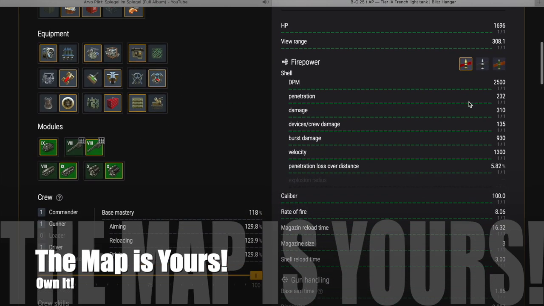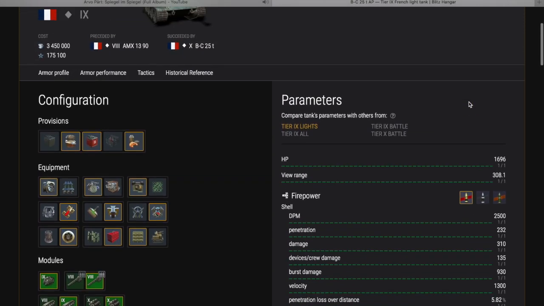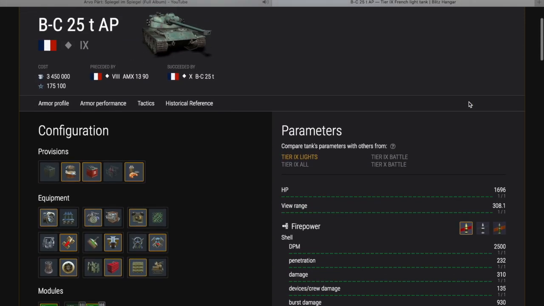You can move around the map with impunity, ambush the enemy, get in behind them at the sides. That's where this tank is most effective. Unleash that massive burst damage. Of course, as a light tank in supremacy, you should also be scouting, spotting out and capping if you can